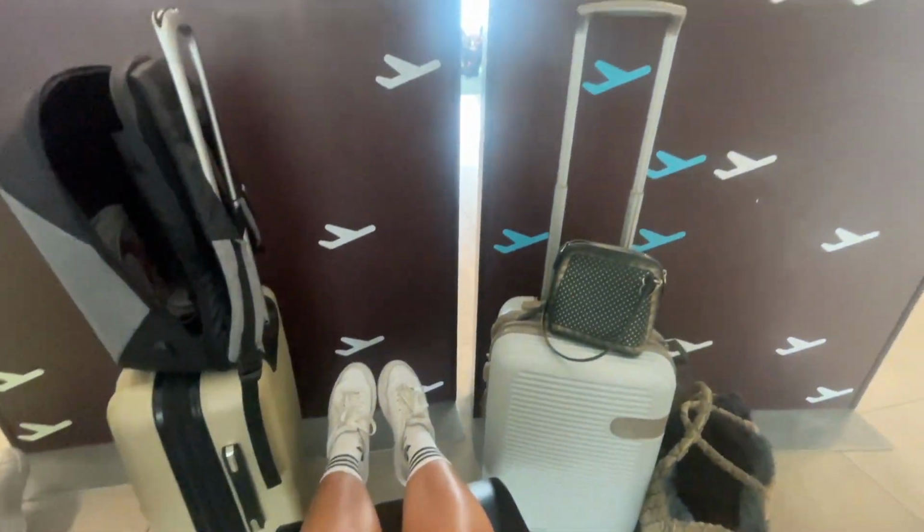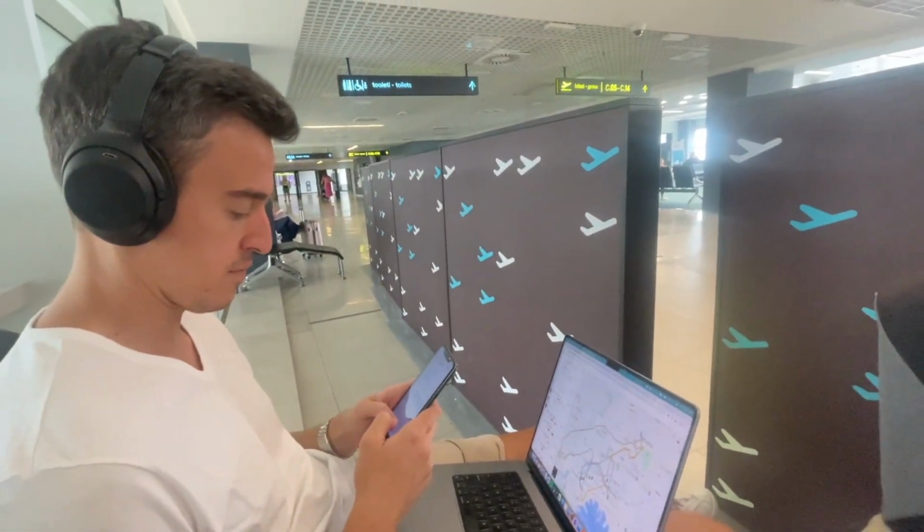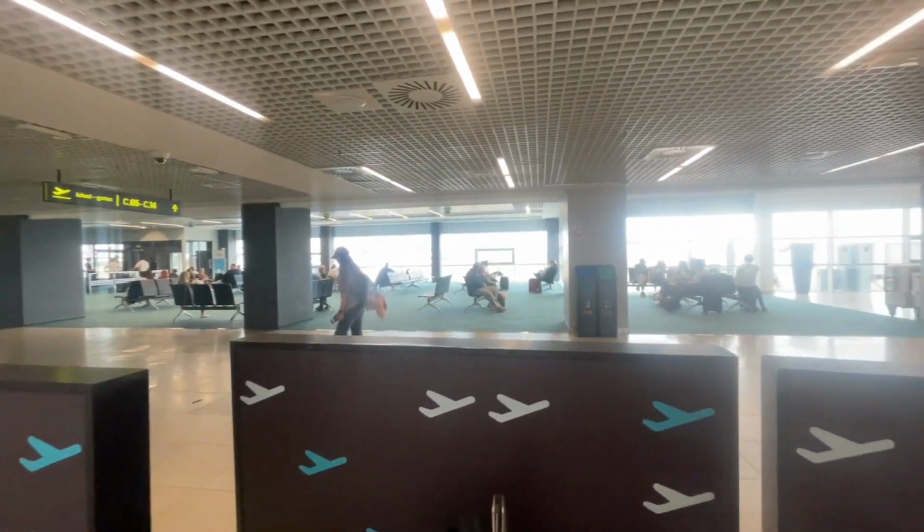We are currently sitting at the airport, and because Peter is super antisocial, we are sitting here literally behind these dividers. There's Peter working, and there is the rest of the airport. So interesting decision. Now we have some time to just sit and wait and work before we catch our first